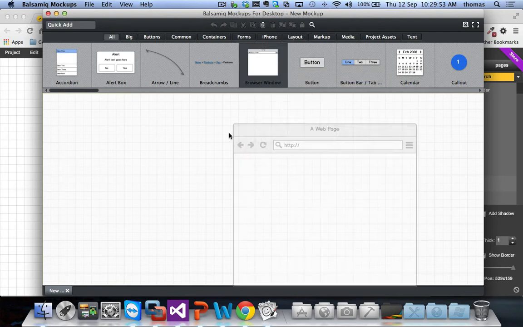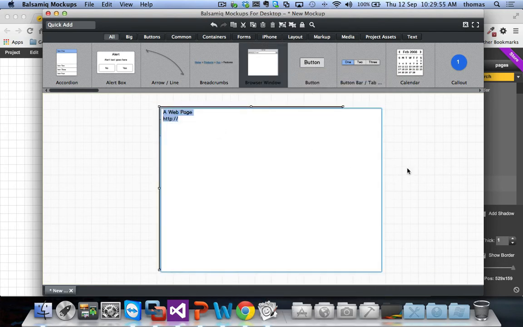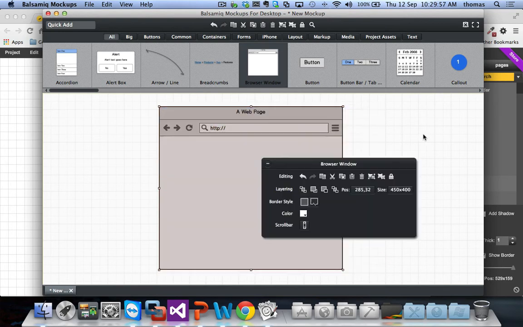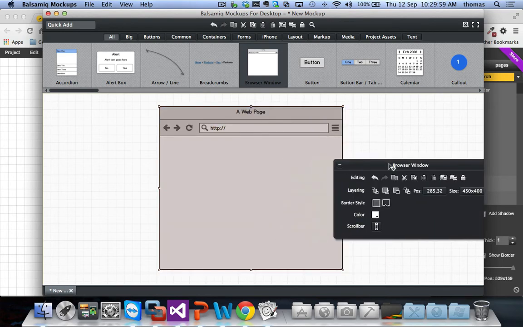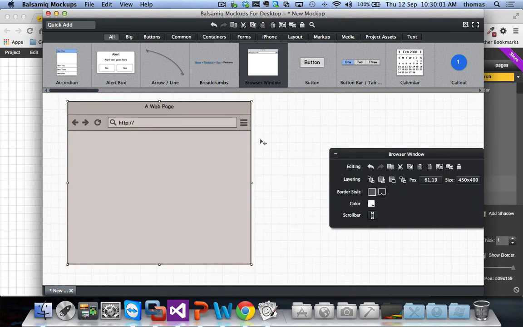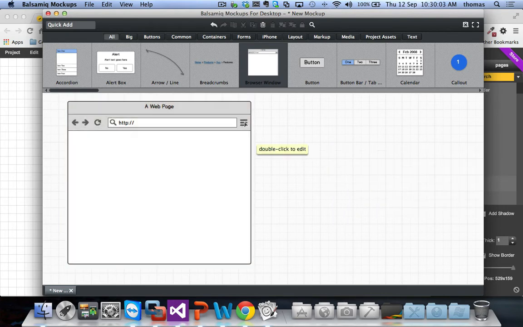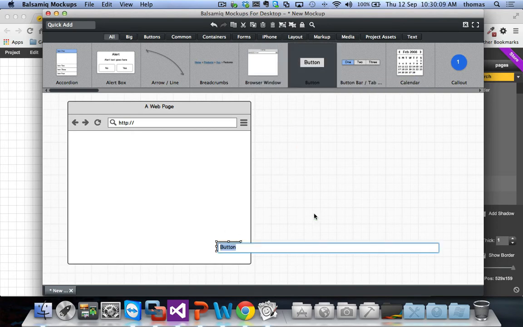So here I'm dragging and dropping a browser window. You can actually name the browser window and do the same kind of stuff you do on the free stuff, but there's a lot more control. You can change the way the graphics look. Balsamiq definitely has a lot more control, and you can create not just a wireframe, but also